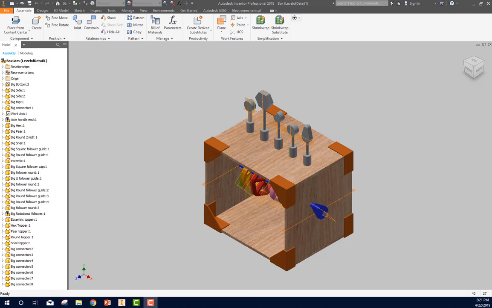Hey guys, we are going to cover some of the documentation process that you need to do here. We have to do a dimension drawing of each of the individual parts. Now, if you're repeating a part more than once, you only have to make one dimension drawing for that. But you do have to do each individual part, and if you have multiple assemblies, you have to do each